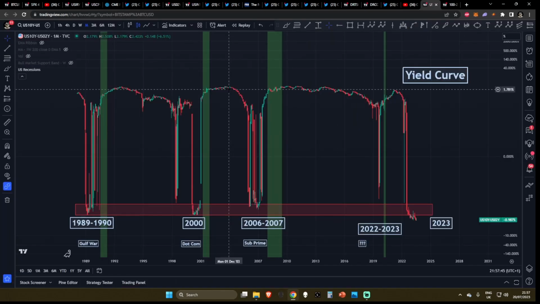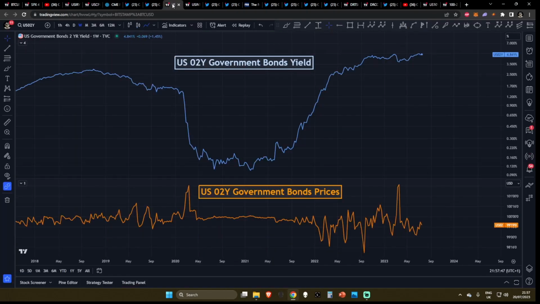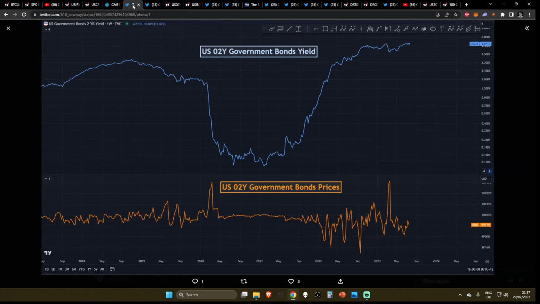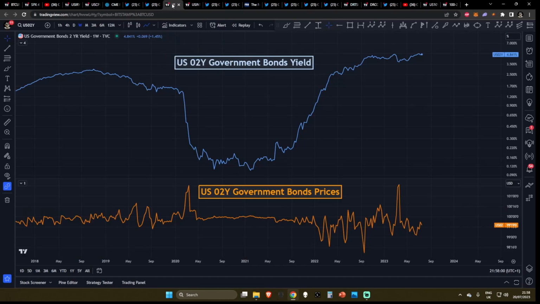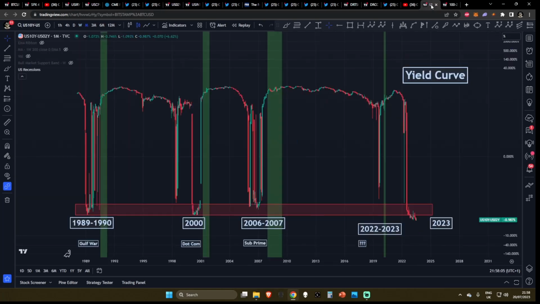Now, to top things off, like I've previously been saying on my channel, I do believe that foreign investors are going to be more hesitant to purchase government bonds at this moment in time. I think the US has really had a rug pull in terms of foreign investors that want to invest in the US right now. This has pushed down the price for government bonds, pushed up the yield for government bonds, and I think this is going to continue to happen.